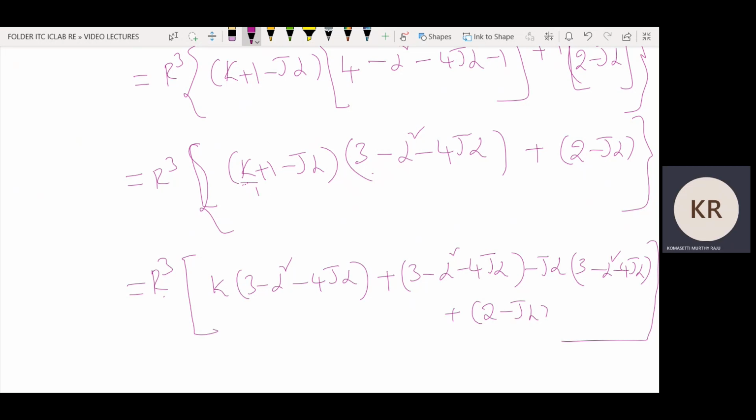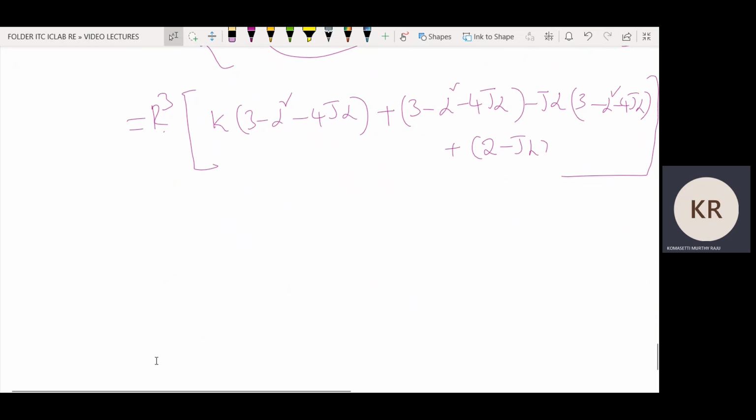This k term is multiplied with this entire one. 1 is multiplied with this one. j alpha is multiplied with the entire term. Therefore, after simplification, R3